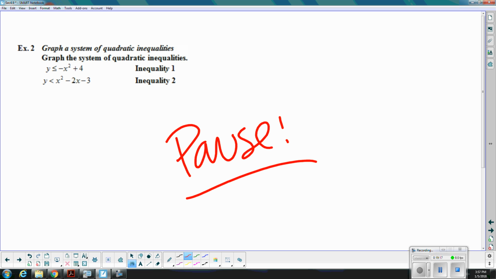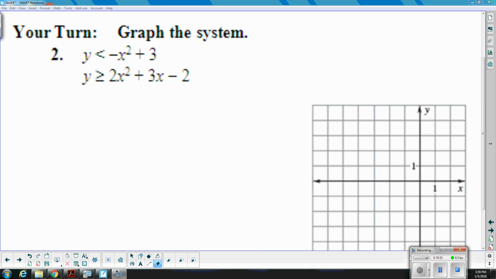But remember, you have to graph both parabolas, both quadratic inequalities, test a solution for both of them, and then your solution for the system is where both of those overlap. Actually, if you look on your note sheets, this is the problem that you should be using, so you should actually pause here. If you recognize the last one, that's the one we just did. It got doubled up on these slides. So pause now and graph these two